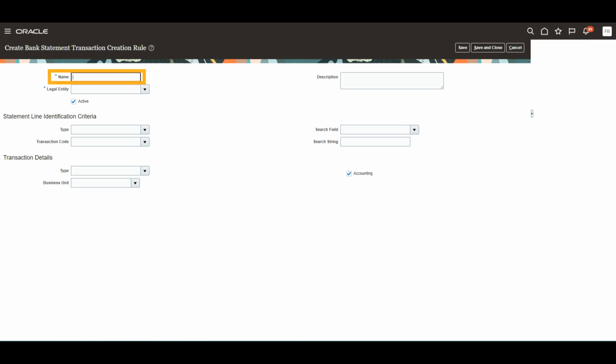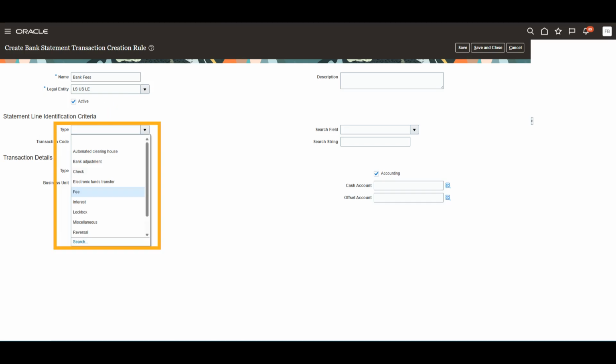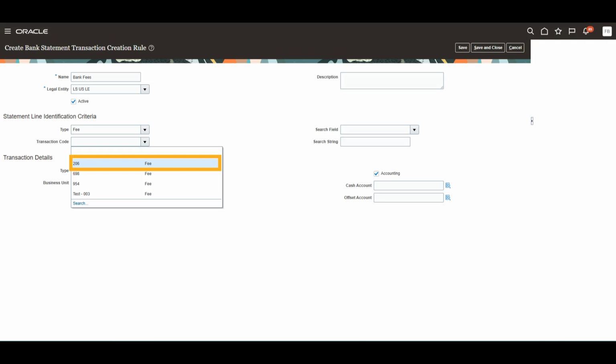Enter the rule name in the name field. Legal entity is the one for which the bank account is assigned and the rule is created. Select that appropriate legal entity from the filtered list to associate with the transaction rule. Select the transaction type which is associated with the transaction code in the Manage Bank Statement Transaction Code setup. Select the transaction code which would be mentioned in the bank statement, based on which transactions would be identified and